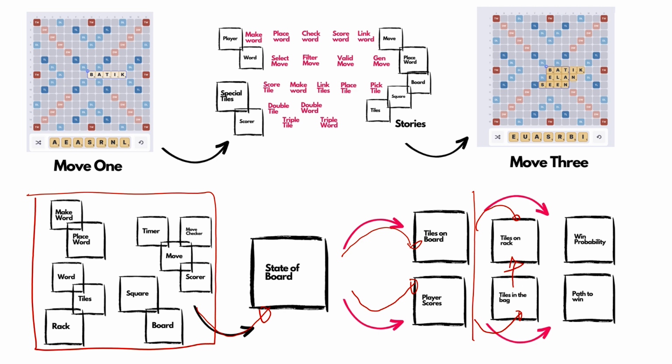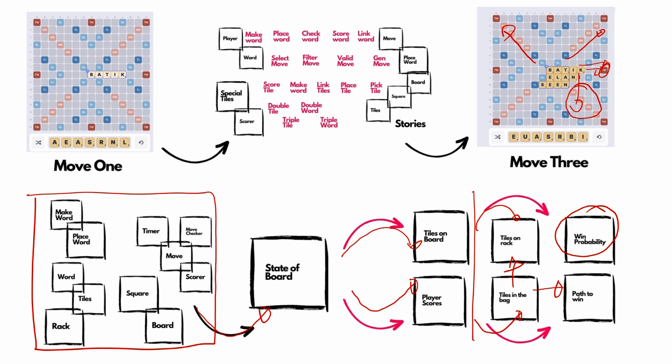The things that use the state of the board include what happens to the triple word and double word squares. Have you changed those? What happens to how the board has become open? So for example, this K has opened two things. It has opened access to this triple word here. It's opened access to this set of double words here. When you do this, it changes the path to winning for both players, and it also changes the win probability for both players.